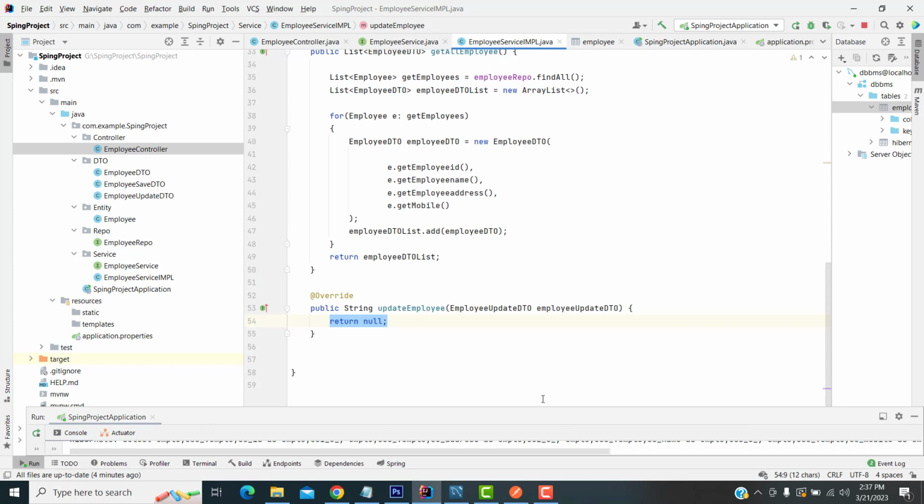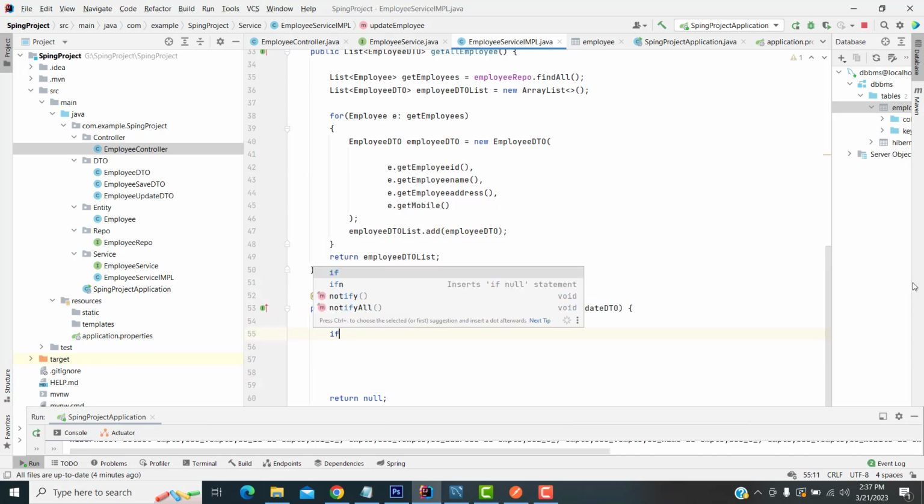First you have to see whether the record exists in the database. You have to check whether this ID exists in the database. Then only will it update the record. We have to check. This is a professional way to do it. First, if